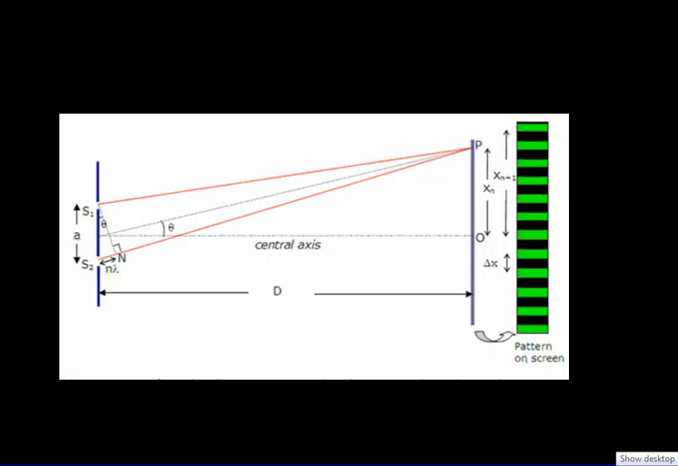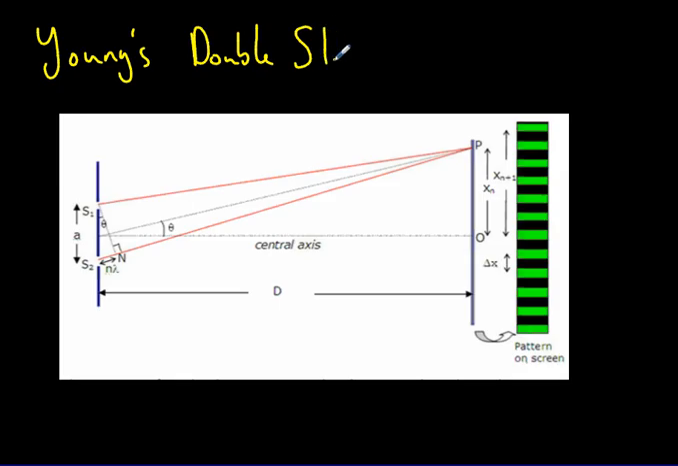Okay, we're gonna just look at using Young's double slit equation here. We're not gonna derive the actual equation. We're just gonna look at using it, okay? So the first thing you have to understand is what exactly we're talking about when we say Young's